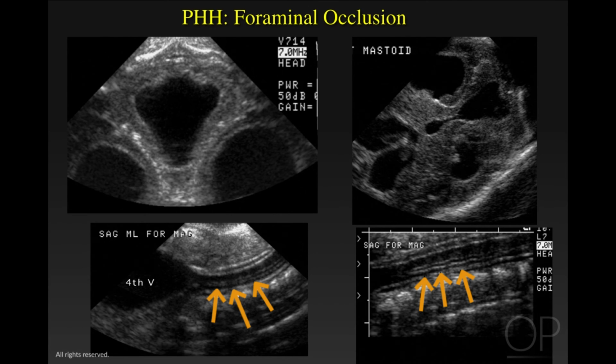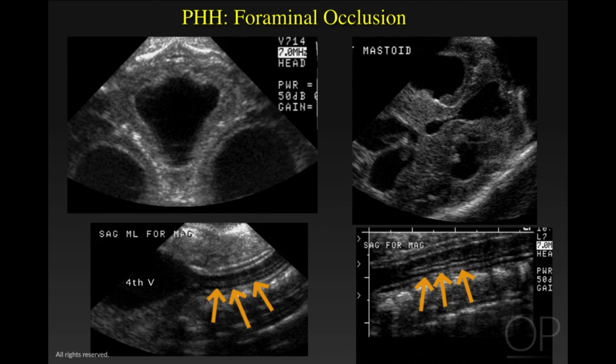Here is a composite image using both the mastoid foramen and the foramen magnum to really evaluate the effect of this hydrocephalus on this infant's craniocervical junction and cervical cord. The image in the top left of the screen is a transverse posterior or foramen magnum view showing marked dilatation of the fourth ventricle. Notice the absence of the